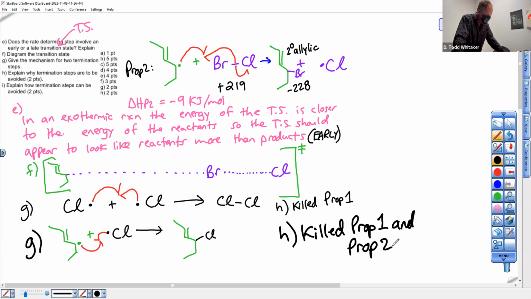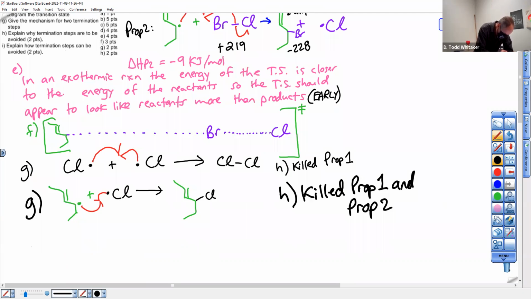Can I explain why termination steps are to be avoided? Well, because we want to not kill our propagation steps. I guess that's implied here, right? And I explain how to do it. That's easy. Here's the only one where I can guarantee 2 points on a test for copying this sentence every time. But before we have the 2 points given to you,